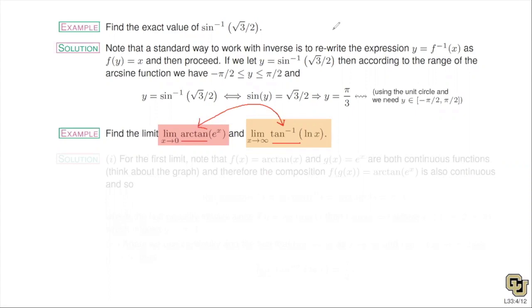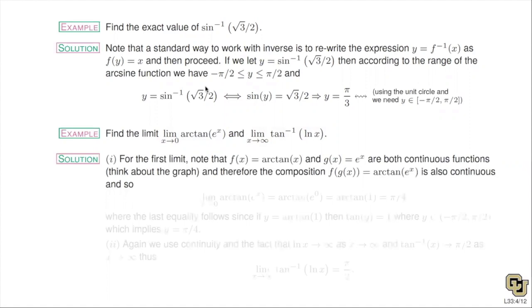So here, let's do each limit separately. For arctan and e to the x, I would think about the graphs. If you think about the graph, we could conclude they're both continuous. And now go back all the way to chapter 1. The composition of continuous functions is again continuous. And now you say, so what? What does that have to do with limits? Remember, continuity is a limit property. Continuity means we can find the limit just by plugging in the number. That's what continuity means. And here, because we are dealing with continuous functions, I just plug in the number for